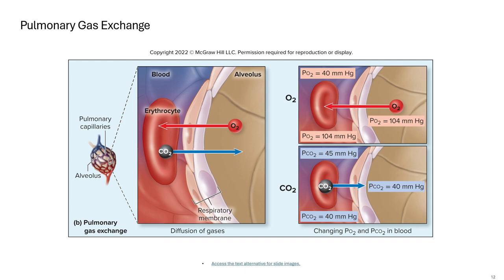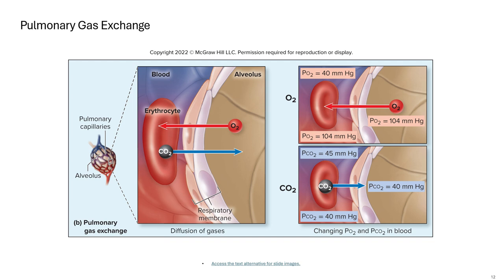must know that the partial pressure of oxygen in the lung is greater than the partial pressure of oxygen in the blood. So we're moving from high partial pressure, 104 millimeters of mercury, to a lower, smaller partial pressure of oxygen in the blood of 40 millimeters of mercury. And it's going to diffuse down until they roughly equalize. The same thing is happening